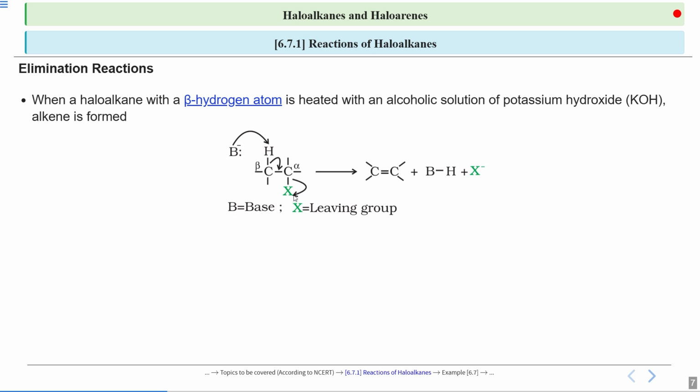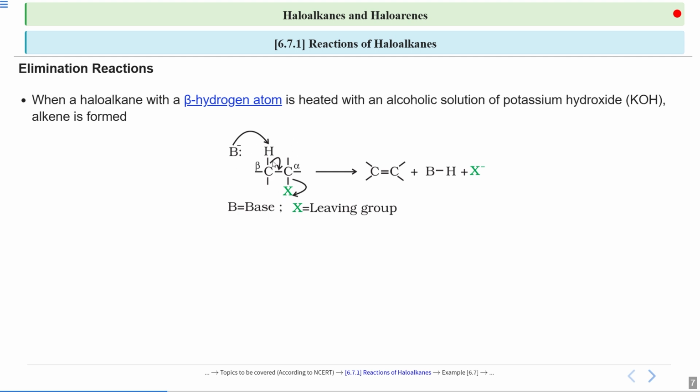So the carbon to which the leaving group is attached is the alpha carbon, and adjacent to that carbon is the beta carbon, and the hydrogen bonded to this beta carbon is the beta hydrogen atom. Okay, so what will happen? The base acts as a nucleophile and takes this beta hydrogen atom, replacing it,